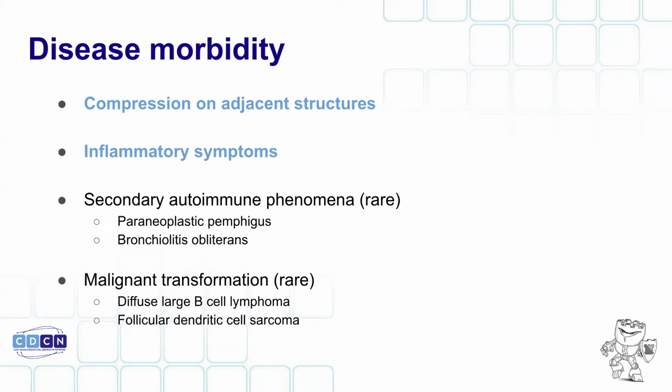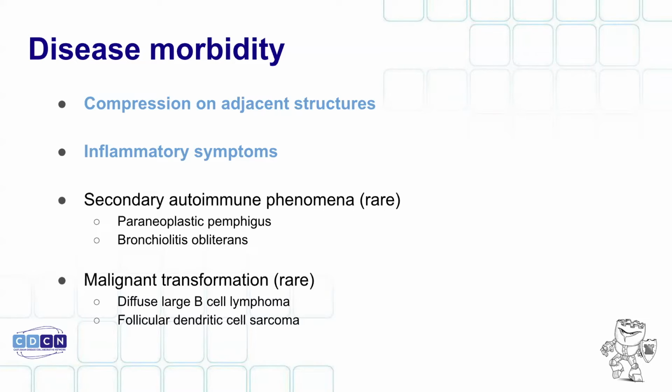The other condition would be malignant transformation. Again, this is a rare complication. I am aware of several cases. Just had one recently at the University of Pennsylvania where patients had unicentric Castleman disease. Again, this oftentimes happens for patients at presentation because the unicentric Castleman was growing asymptomatically and they never knew it was there. And then they get a transformation into lymphoma or this other disease called a follicular dendritic cell sarcoma, which is another kind of cancer that can arise from the cells in the lymph node.